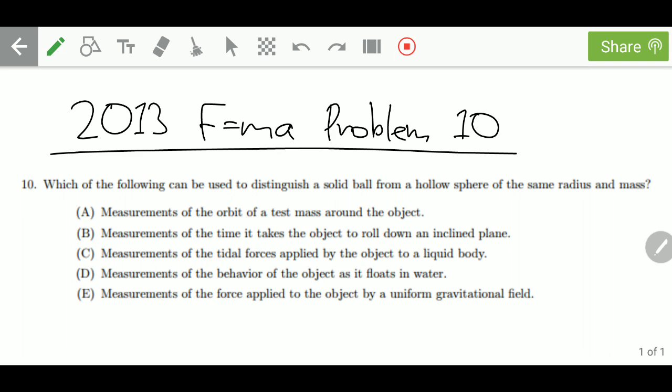So you look at the options, and one thing that you'll see is that actually three of them really are centered around gravity. And this may suggest that there is some clean way to rule them out, and indeed there is. So the thing is that you need to know the following fact, which is something that we rely on all the time, but often don't consciously recognize, which is that if you have a uniform solid sphere or hollow sphere,